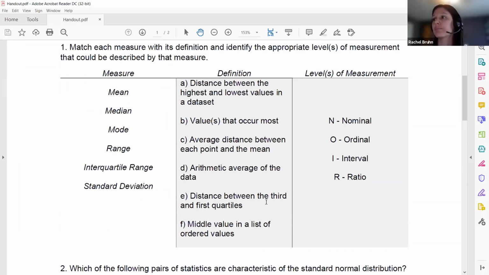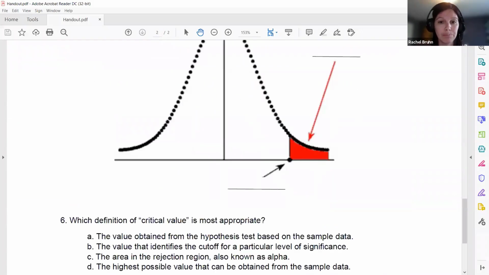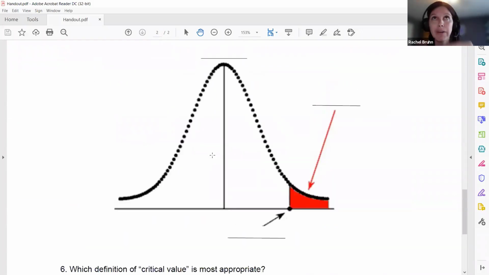Is critical region found on both sides of the curve? And is it related to SD in any way? Not related to standard deviation, but it can be on both sides of the curve. I do have a picture of it. That would be what we call a two-tailed test. I talked about this when I gave my t-test example. When we're testing a claim, we could be focused on only one tail, which we call a one-tailed or directional test. You can think of it as your claim predicting a specific direction.